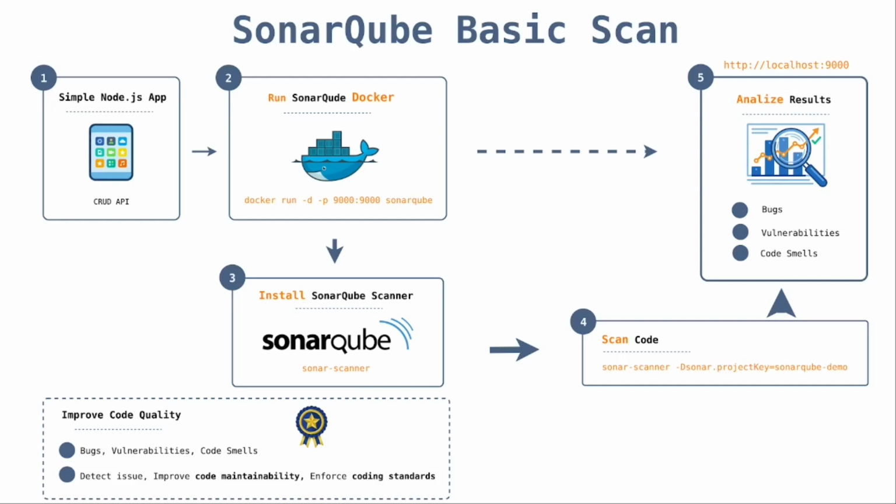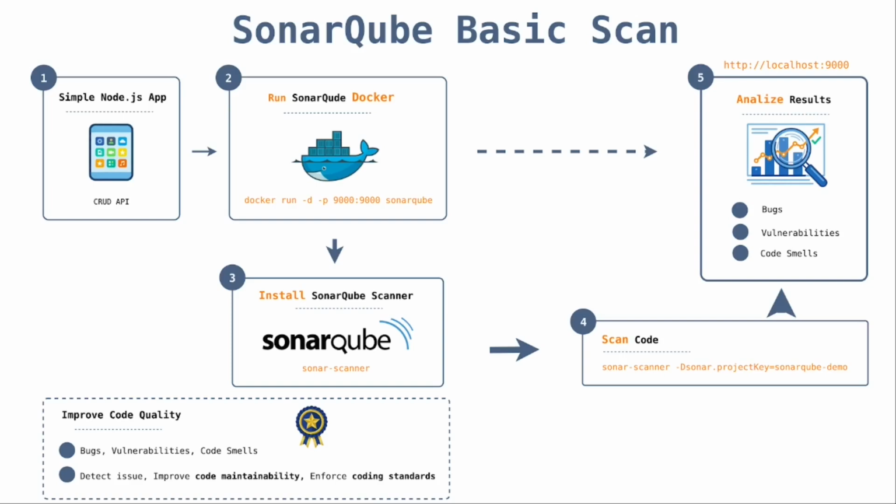Once the scan is complete, SonarQube provides a clear and structured report that helps you understand the health of your code base. The report focuses on 3 key areas. First, bugs: issues that may cause incorrect behavior. Second, vulnerabilities: security-related risks in the code. Third, code smells: maintainability issues that make code harder to read or extend. This project emphasizes learning how to read and interpret these reports, which is a critical skill